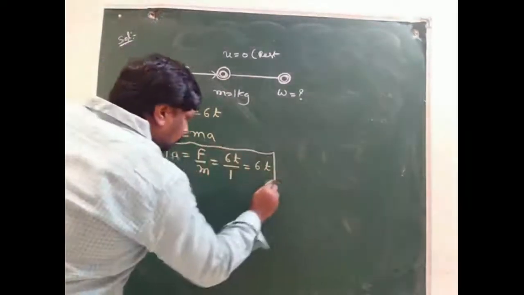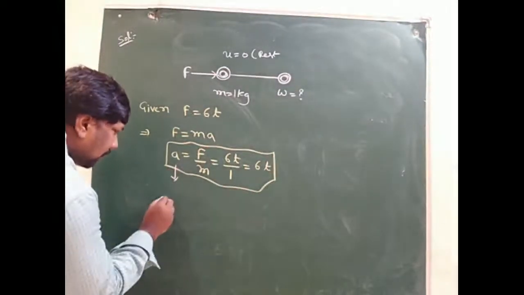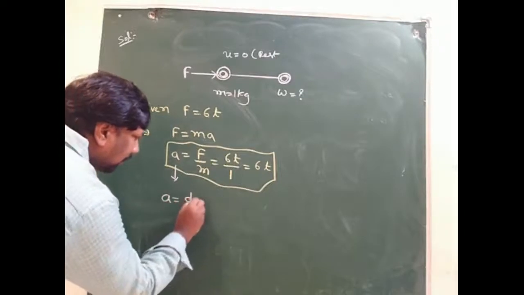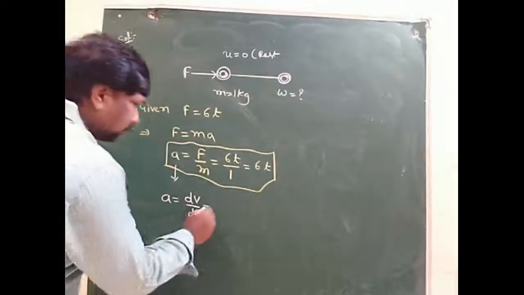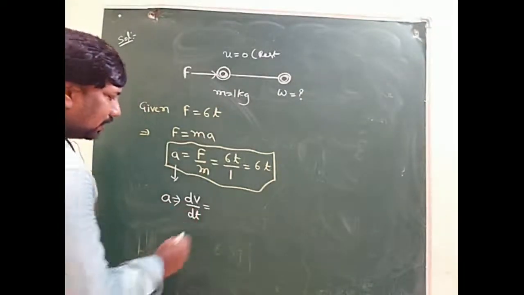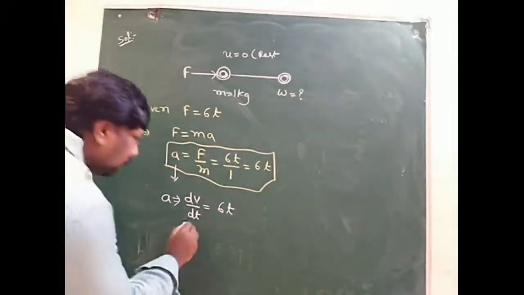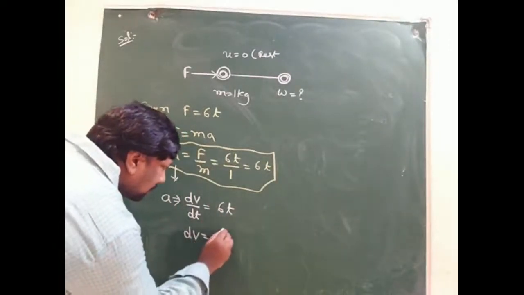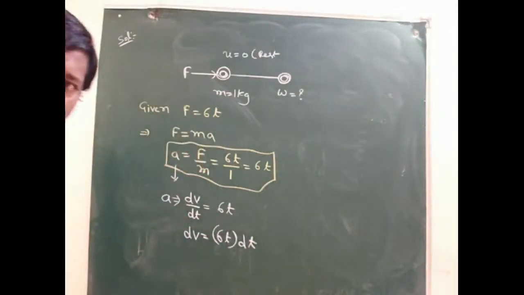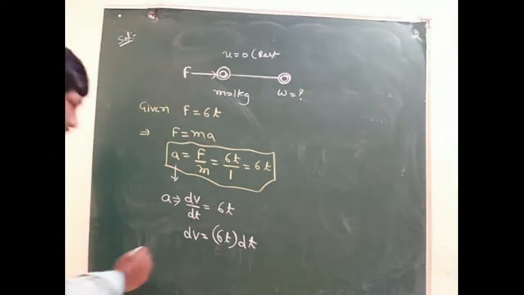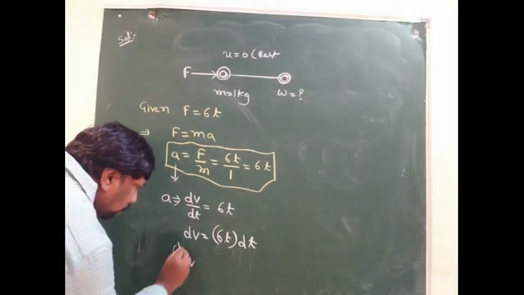Now we know that acceleration is the rate of change of velocity. So dv by dt equals 6t, therefore dv equals 6t dt. Now integrating on both sides, the integral of dv with limits 0 to v,